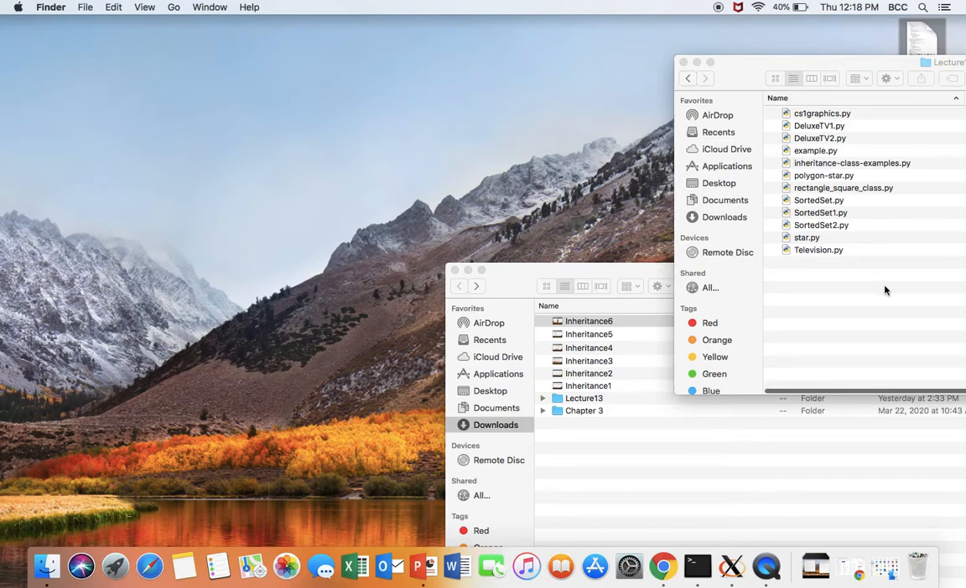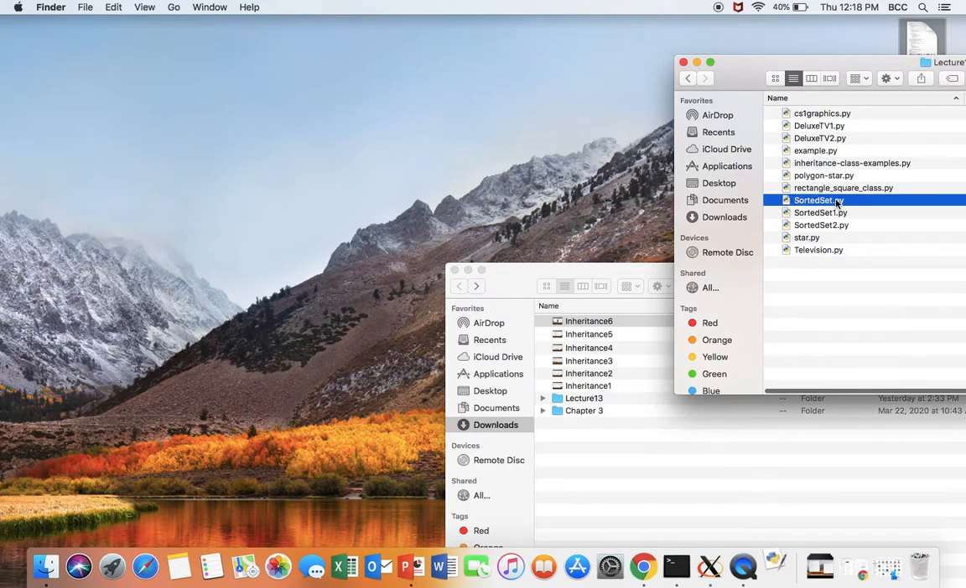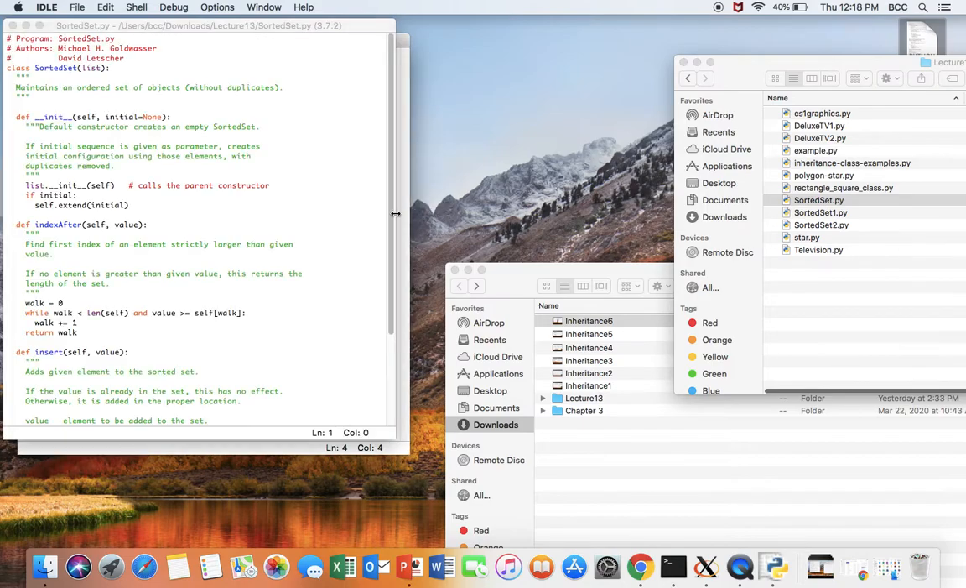So now we are going to look at the class definition for sorted set. In the files you have, you will see sorted set 1 and sorted set 2. Sorted set is incomplete. Okay, it's a good starting point, but it is incomplete. If you open it, it doesn't do all the things it's supposed to do, but it's a good starting